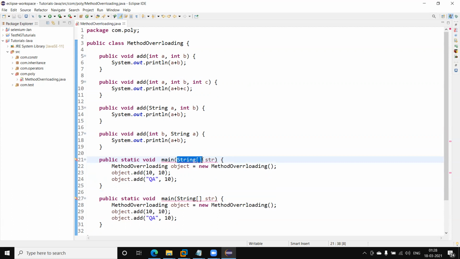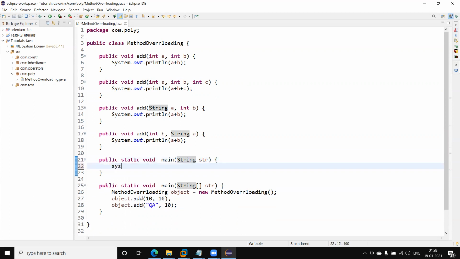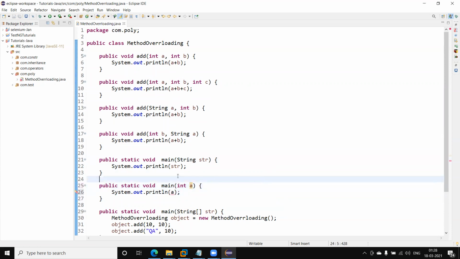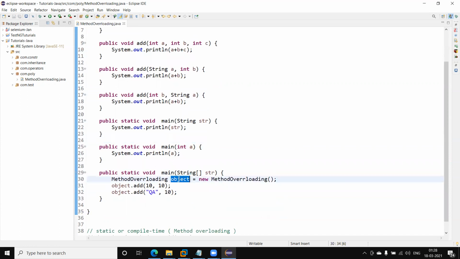We can change the number of arguments. Like I am passing a string here, and my method has the same name but a different argument. We can create a number of methods along with the main method. We only need to change the arguments like this, and here we can call the main method.